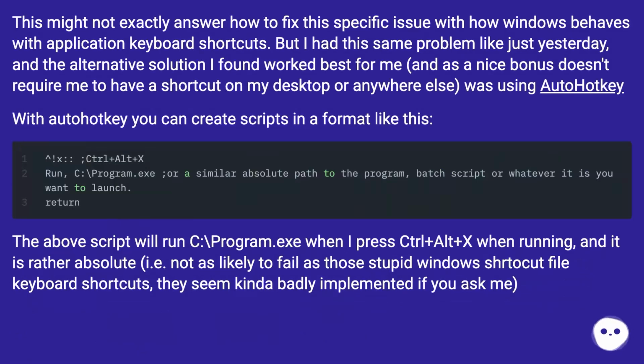This might not exactly answer how to fix this specific issue with how Windows behaves with application keyboard shortcuts. But I had the same problem just yesterday, and the alternative solution I found worked best for me, and as a nice bonus doesn't require me to have a shortcut on my desktop or anywhere else, was using AutoHotkey. With AutoHotkey, you can create scripts in a format like this. The above script will run C:\program.exe when I press Ctrl plus Alt plus X when running,